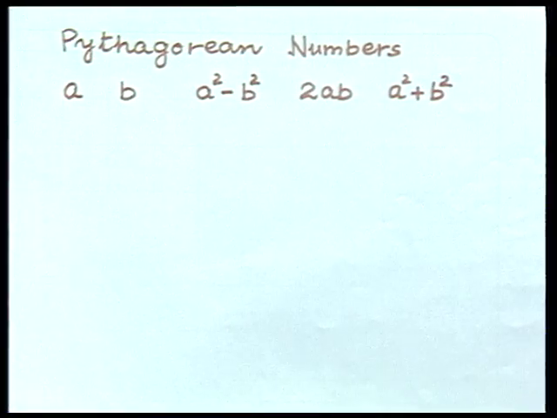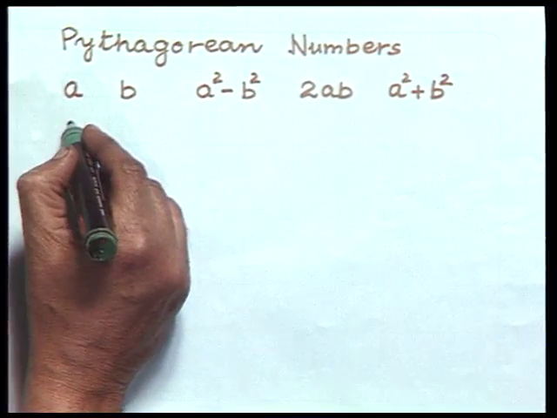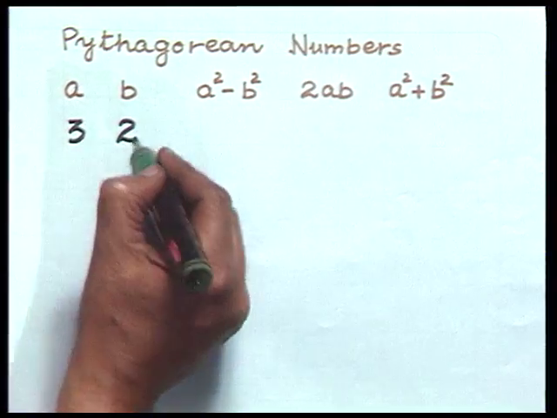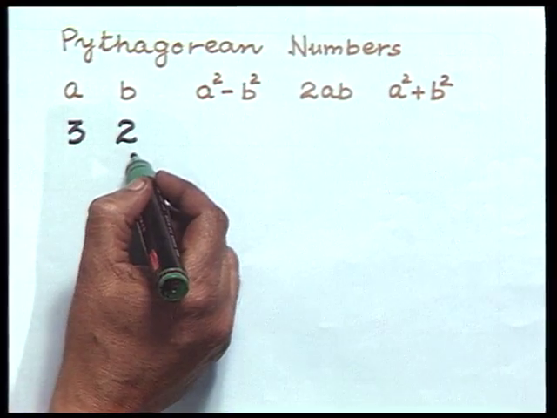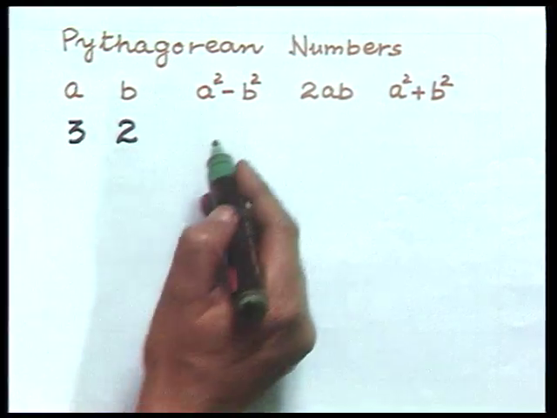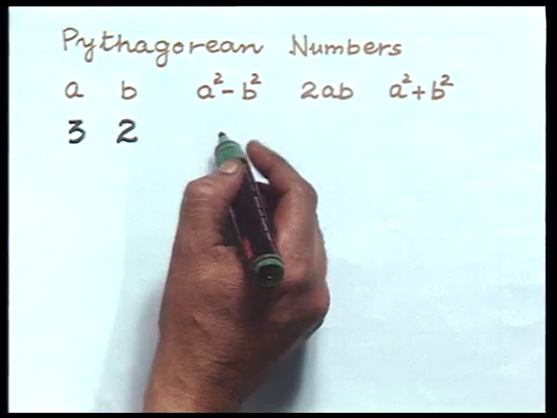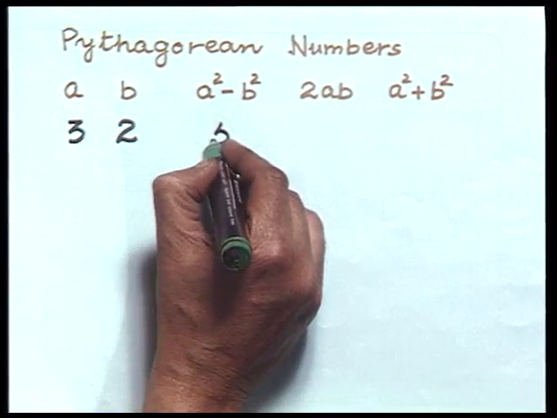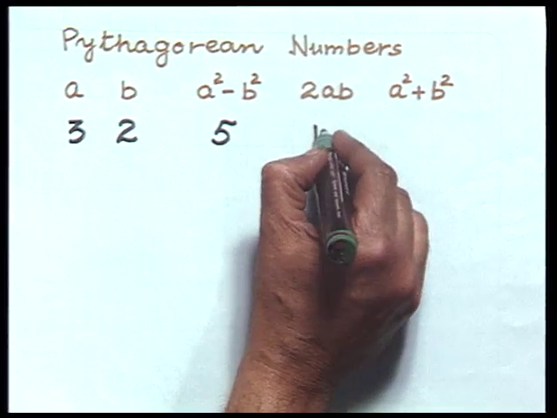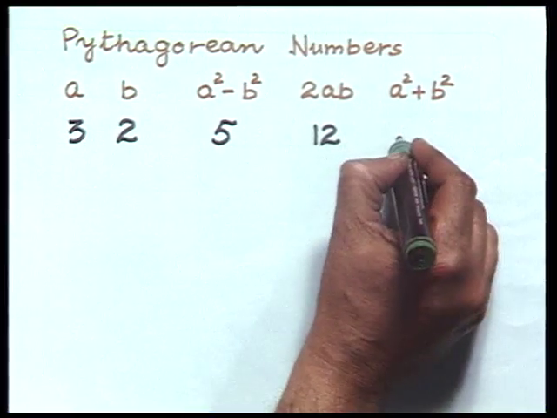Let us take a as 3 and b as 2. While selecting the numbers a and b, care has to be taken that a has to be greater than b. So, a squared minus b squared works out to be 5, 2ab works out to be 12, and a squared plus b squared